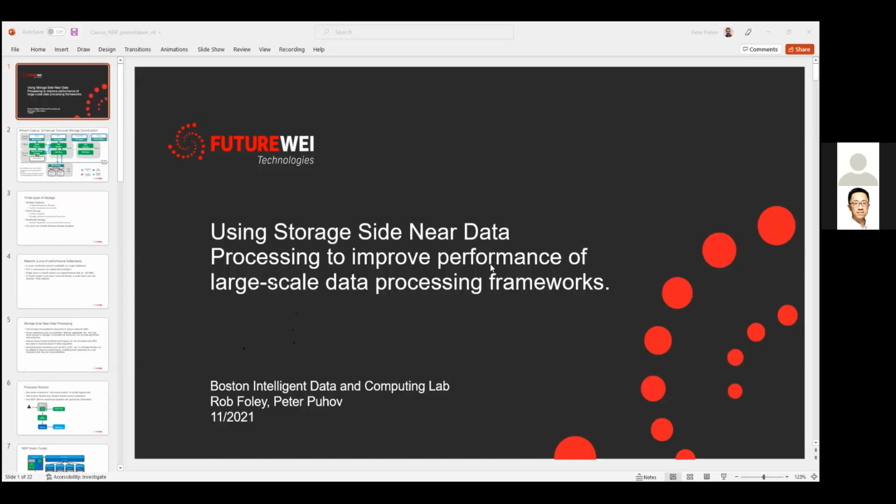Storage, but please keep in mind that pretty much everything we're talking about right now is applicable to other frameworks other than Spark, such as, I don't know, Hive, Presto, Dask. So pretty much every large-scale computational framework. So this